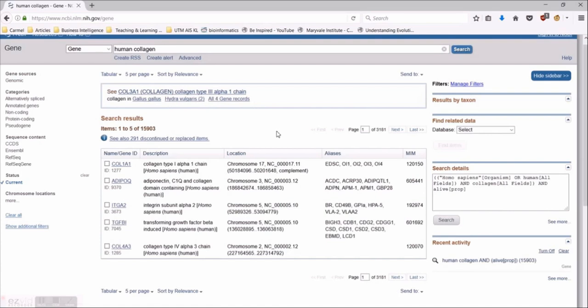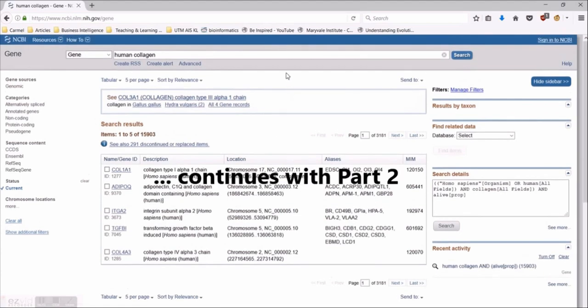Before moving forward and choosing any type of results, we could actually specify